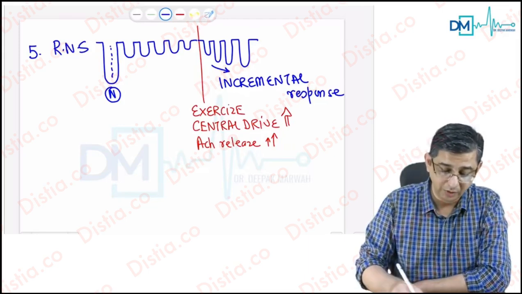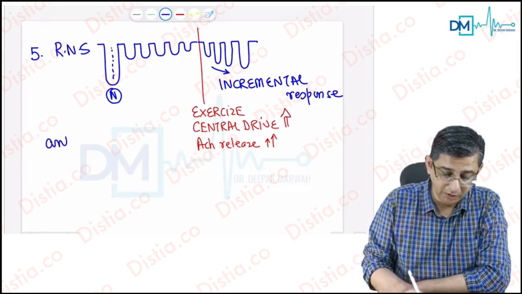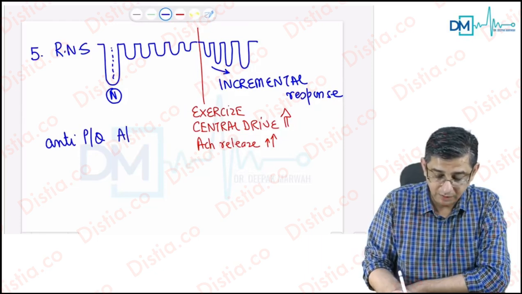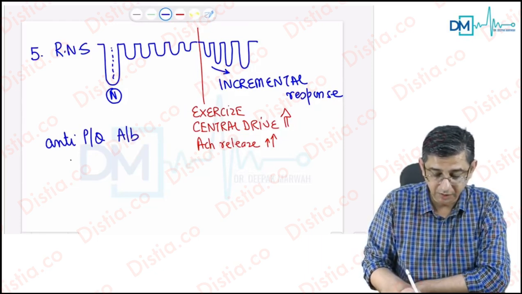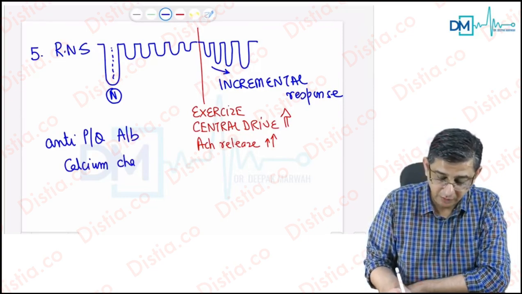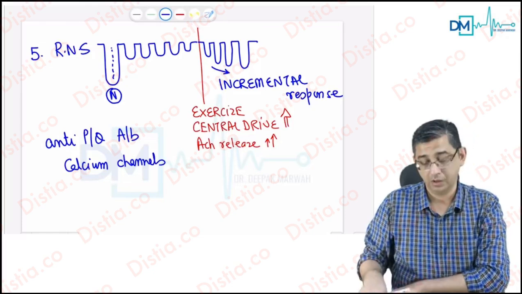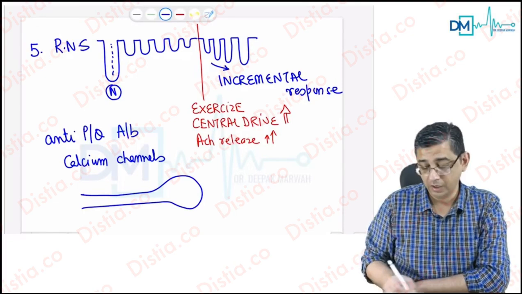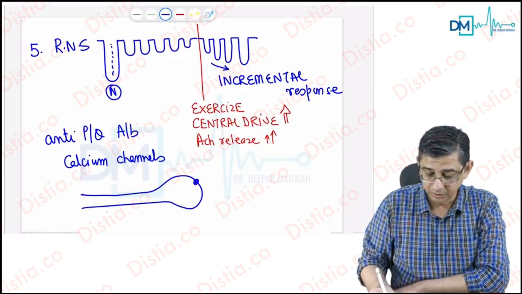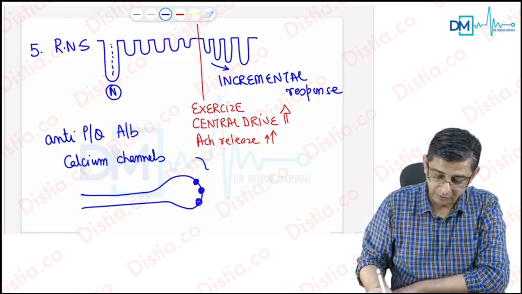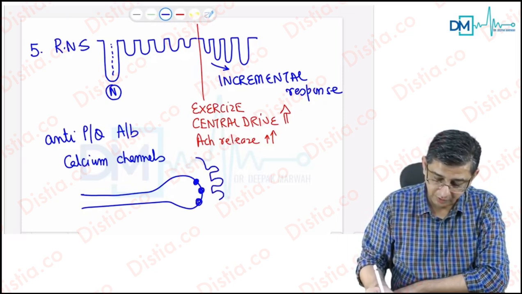And therefore, it is important that we also study the antibody here, which is involved. The name of the antibody is anti-P/Q antibody. This is acting against the voltage sensitive calcium channels, which help in release of acetylcholine at the neuromuscular junction. If this is the representation of the terminal end of any nerve, we have calcium channels which are present at the terminal, and these are the receptors you can see for acetylcholine,